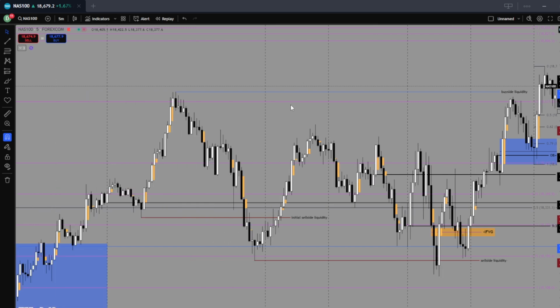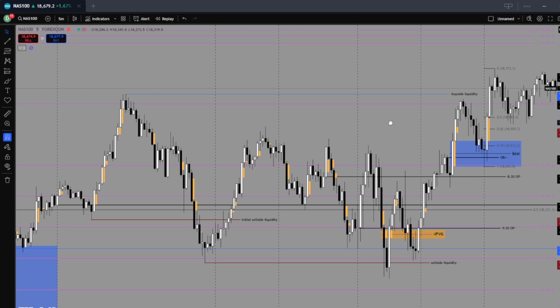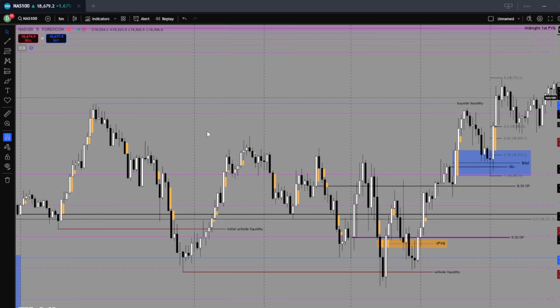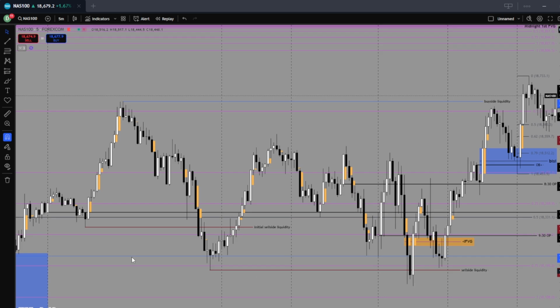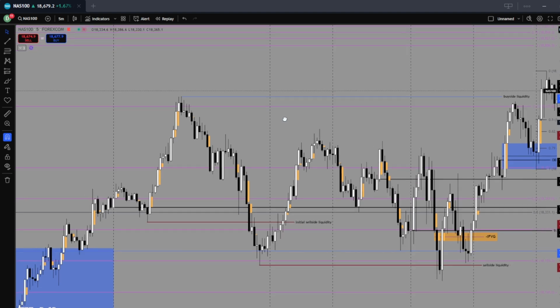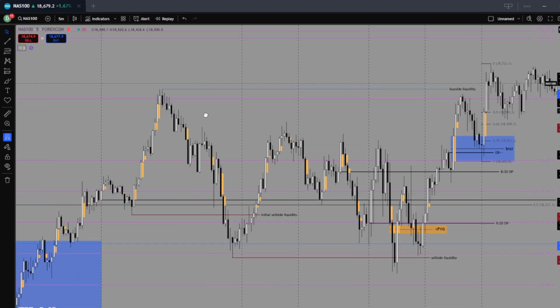Okay, I have put all the annotations on. It's the same chart, but now it has all these marked annotations. So you have to also do this in your own charts. You can't just take screenshots of my charts from the video and think that you have done the work. No, you have to go into your own charts and do the study. Okay, so now let's understand a few things.